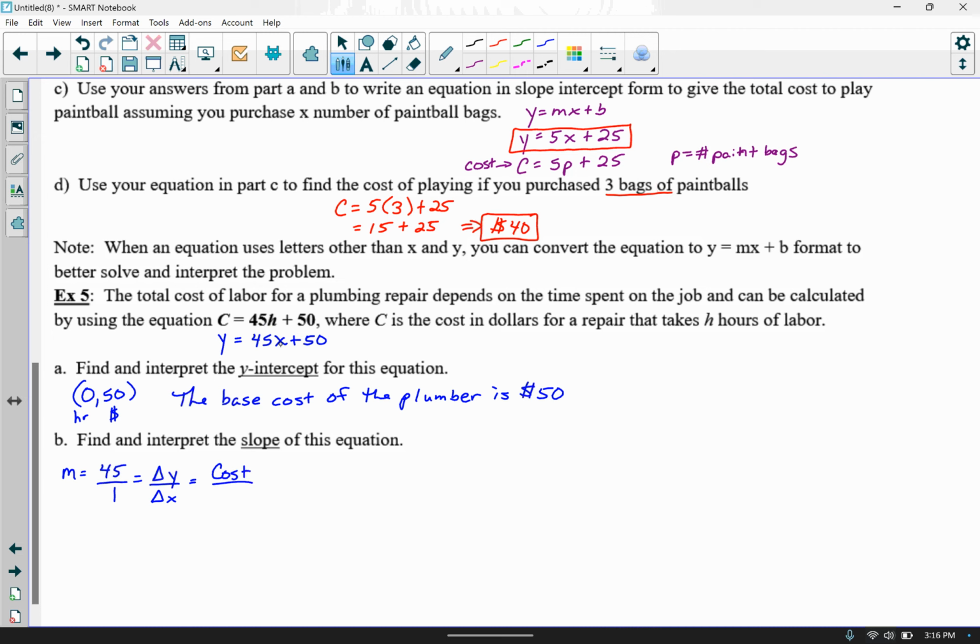And on the x-axis, we're measuring the number of hours. And then from here, like I said, the sentence will just fall right out. So what this is saying is that for every additional hour, you can even just say for every hour, the plumber's cost